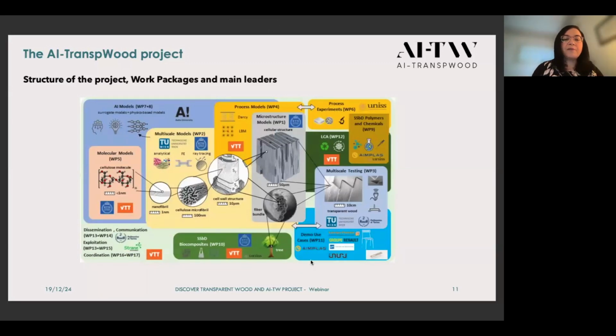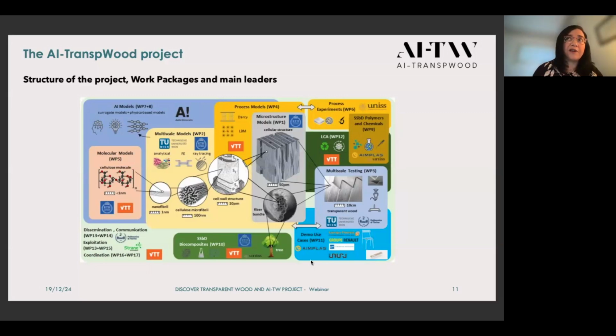Here you see the structure of the project. The core is composed of computational work packages from work package 1 to work package 6. So we have multi-scale modeling from atomistic scale to structural scale, and these work packages are supported by experimental work carried out in some of them. So interaction between computational and experimental work packages will allow to carry out research work in successive work packages from